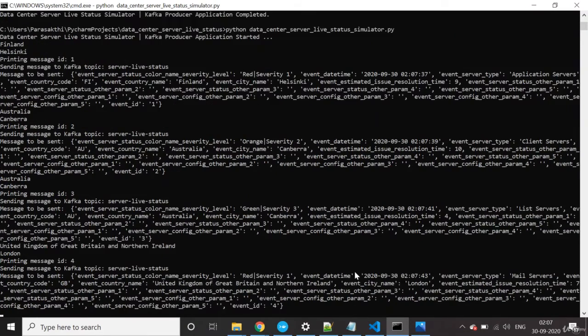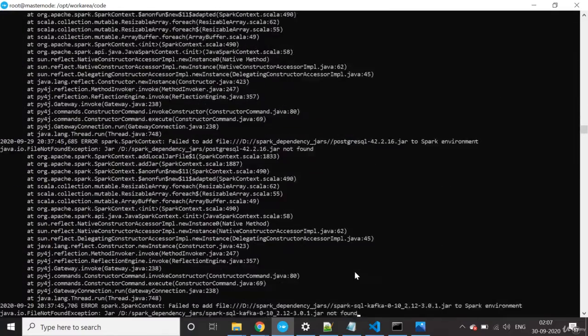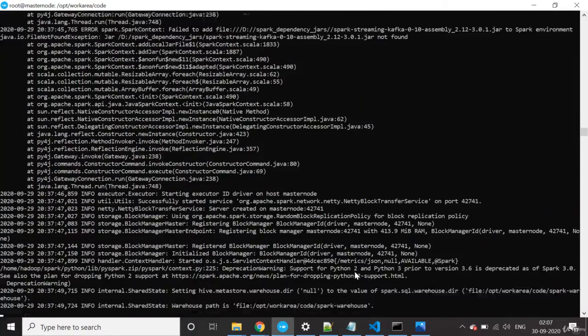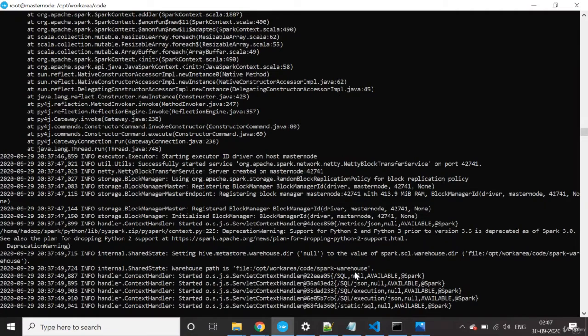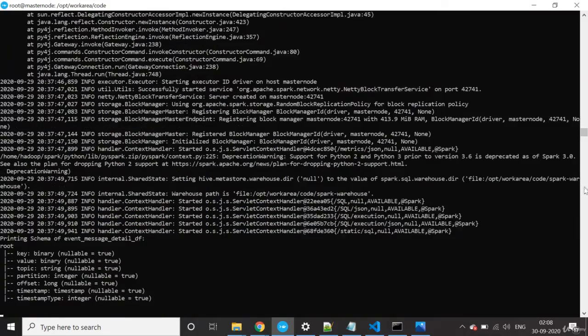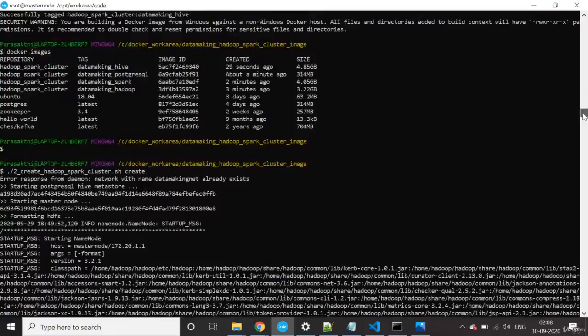It will do both the pre-processing and the aggregation, and once the data is processed, it will write it into the Postgres table.